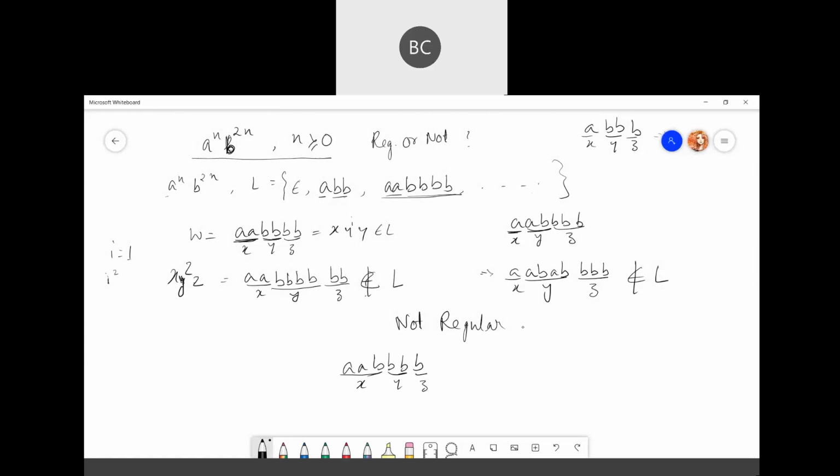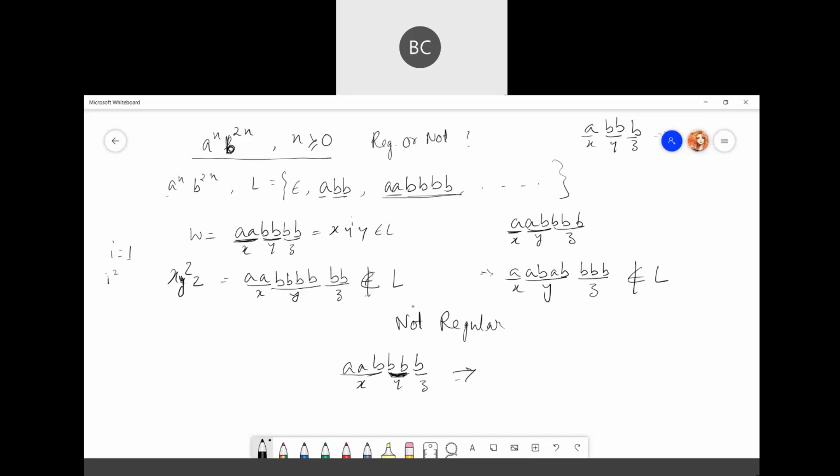You just need to divide into 3 parts. It's up to you how you divide the substring into X, Y, Z. Just make sure that whatever Y value you take, you pump that part only.